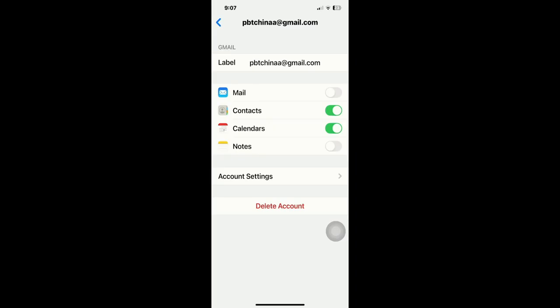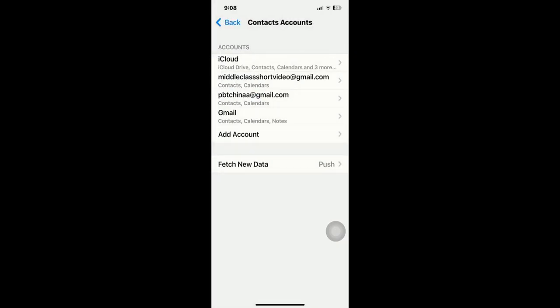So just remember one thing, by default iPhone does not share the contacts with Gmail. So for that you have to come to contacts and turn it on for this email address. If you turn it on, only then will iPhone share. And with these two methods, you can make sure that all the contacts are synchronized between Gmail and iPhone and